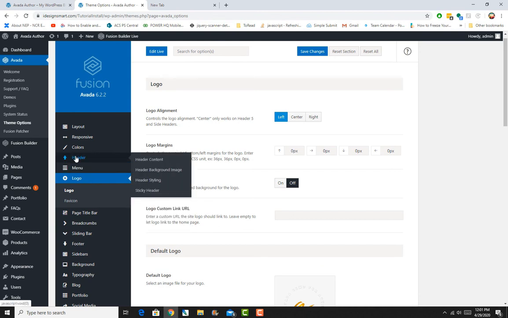Next we will talk a little bit about color options and responsive options, and if you have any questions, please